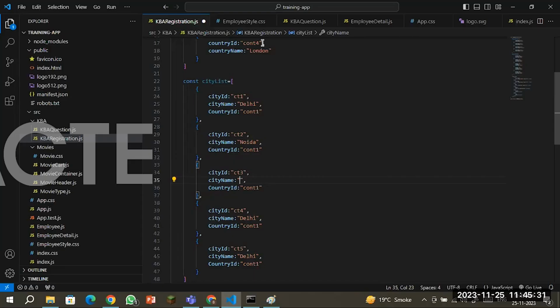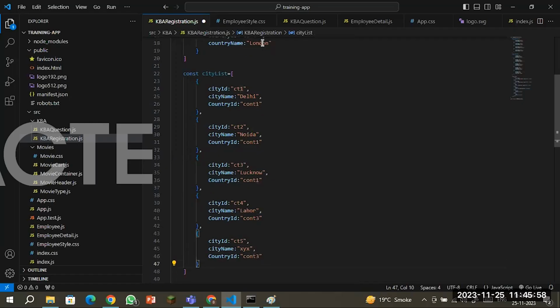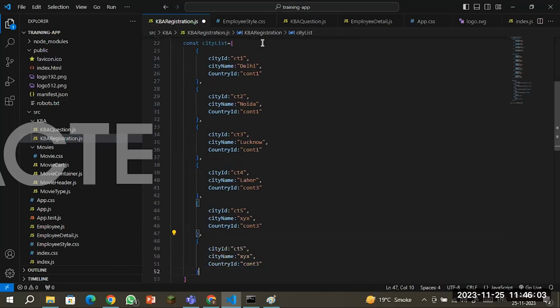City name. I'm putting that, which belongs to the country with ID 3. I'm putting the value like XYZ. This also belongs to country 3. And I'm going to add two more cities that belong to